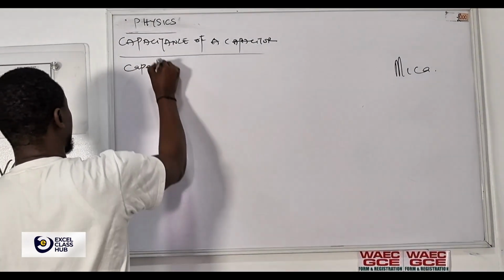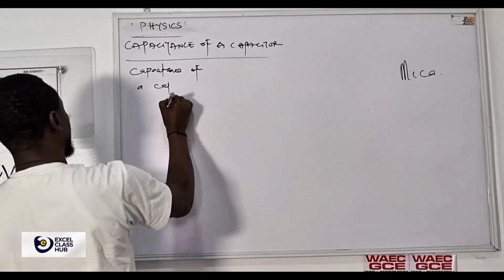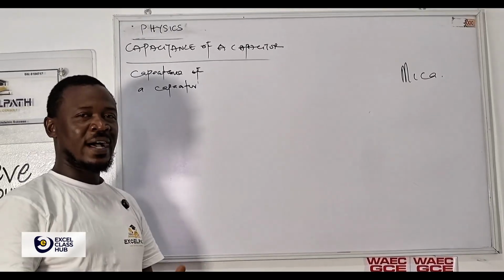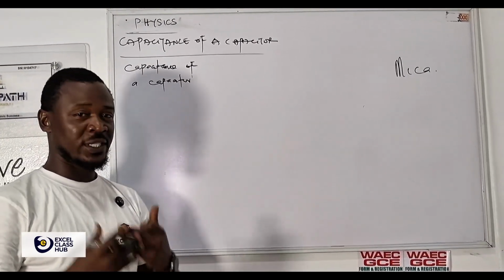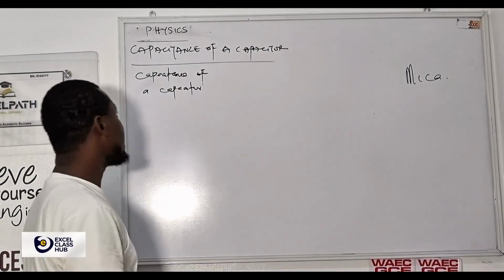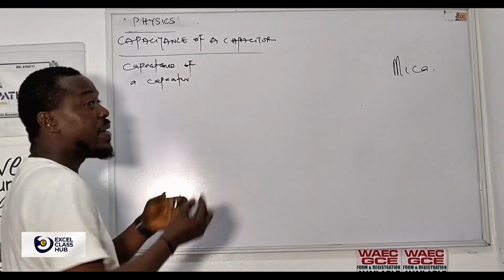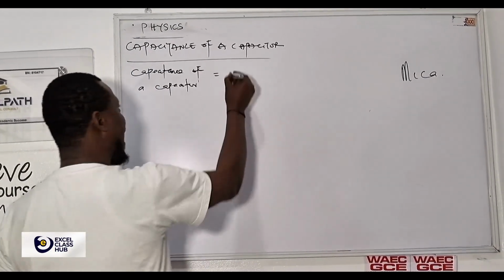Capacitance of a capacitor can be defined as charge per unit potential difference. In a nutshell, this is the capacitance of a capacitor. We said it can be defined, meaning it is equal to charge